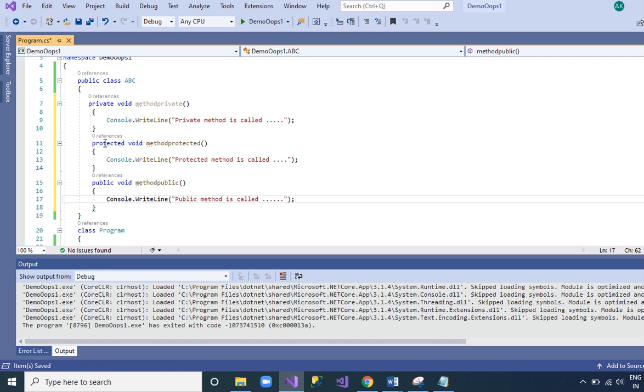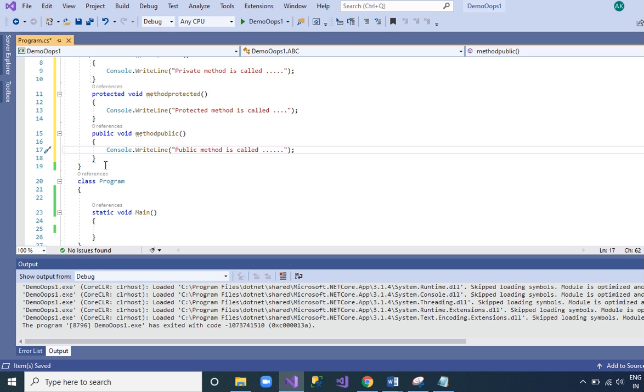So now we have three methods: private, protected, and public. These three methods that we have.